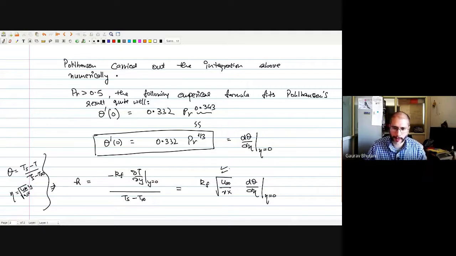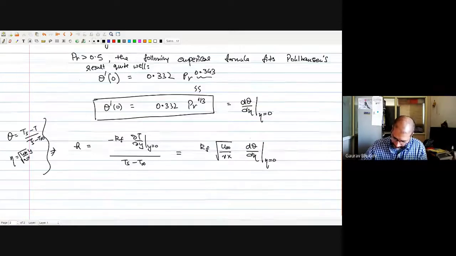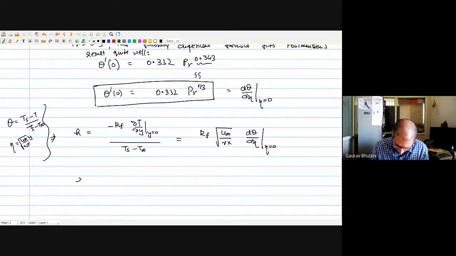Similar to what we did for fluids for calculating the skin friction coefficient. So what we can see is that we can write the heat transfer coefficient h in terms of theta prime at 0. That is the reason theta prime at 0 is quite useful when doing the analysis in heat transfer convection. If I have my d theta by d eta at 0, I can use that to find the h. So in fact, for this h, we can simplify things a bit further.